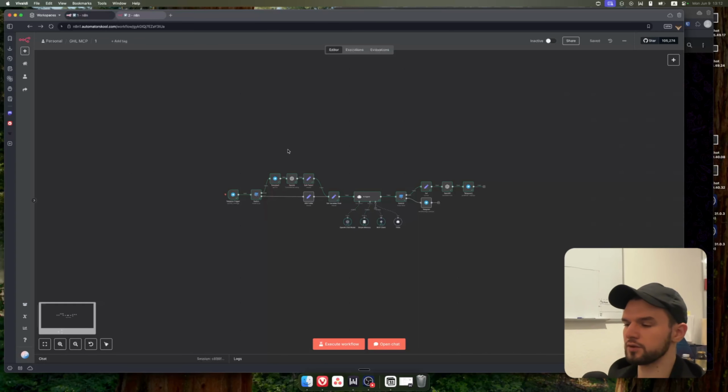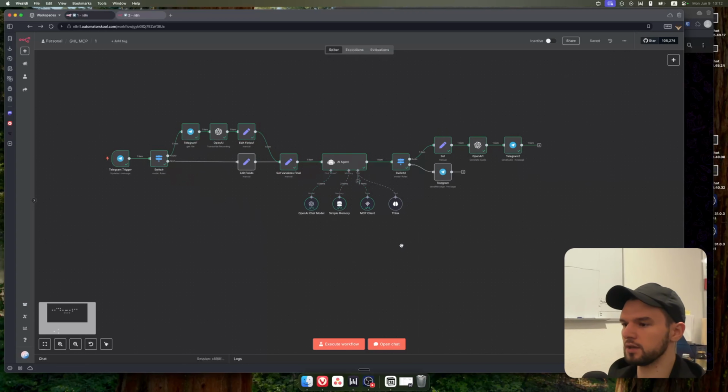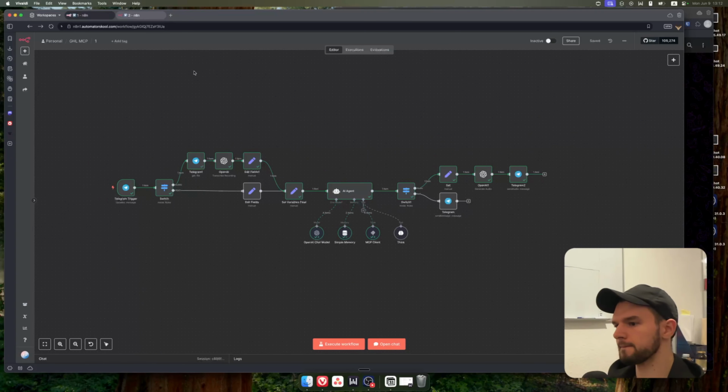Alright guys, so as you can see, I made a somewhat simple agent that will basically help you connect Telegram, or whatever trigger you want, to GHL, and you can basically control GHL via Telegram or via voice agent or whatever trigger you want to use. That's the first workflow. So basically here we have